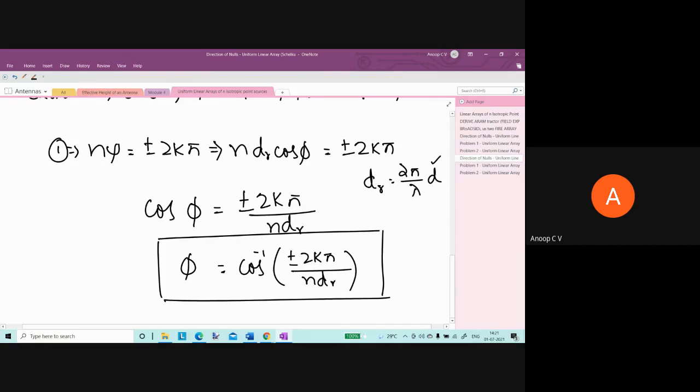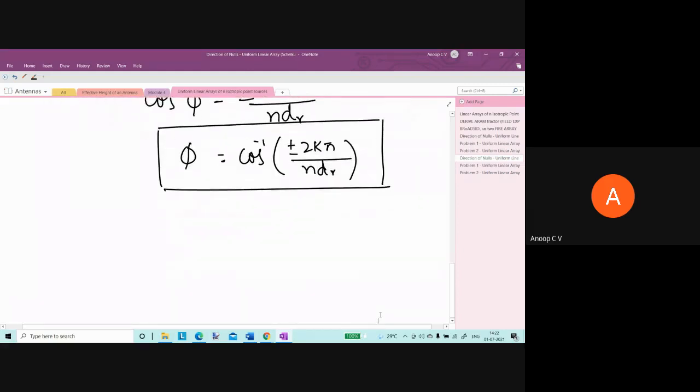One more interesting thing is, as per your syllabus, this comes in section 5.14, which is not included in your syllabus. But without knowing how to find the direction of null, you will plot the pattern. For all the exams, wherever questions are asked on anisotropic point sources, you are supposed to find the direction of null. Without knowing this condition, I don't know how you will find it. So I'm teaching it to you. Definitely it is needed for the exam. If it is a derivation, this is what you have to do. Otherwise, if it is a problem, I'll tell you how to solve it.